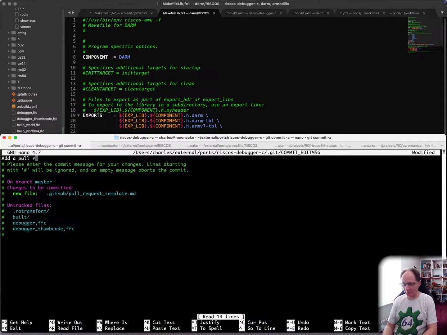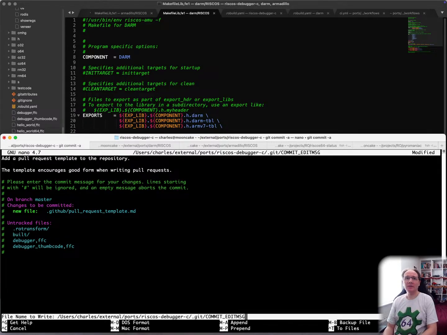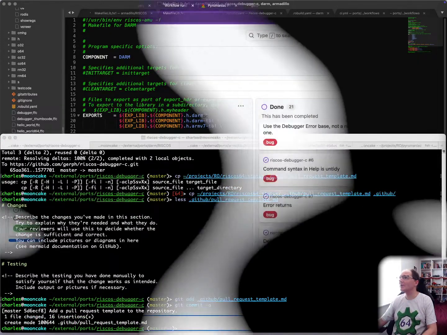Add a pull request template to the repository. The template encourages good form when writing pull requests. Now, okay, so